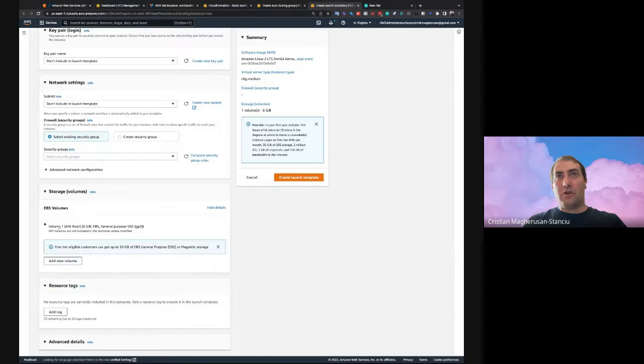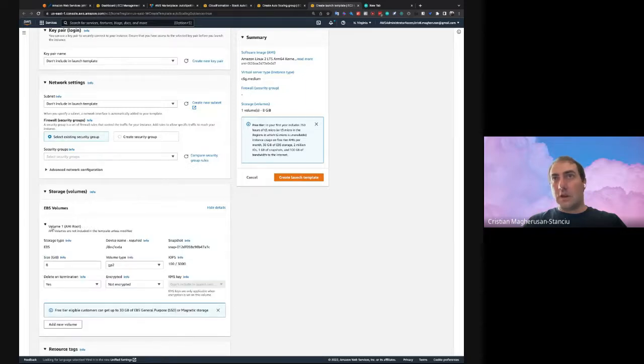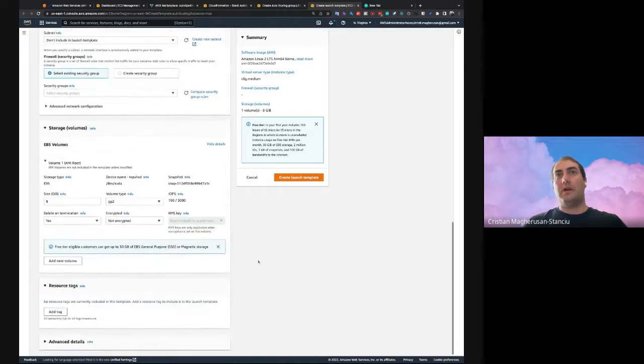For the volume, we could set it to GP3, but if we keep it at GP2, it's going to run, hopefully, the GP2 to GP3 conversion. Or not, I'm going to also show you the other tool that I have that will do the conversion automatically. And that's it. We create the launch template.